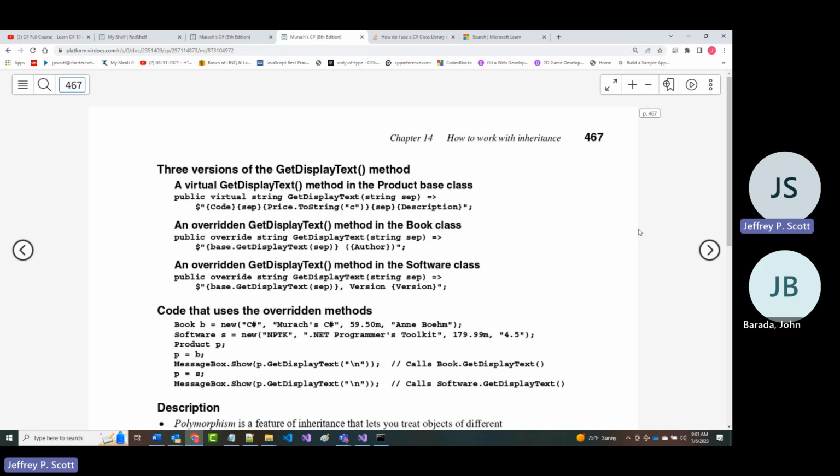But you'll notice for both the book class and the software class, we've got the word override, which basically says, hey, call the one from the parent, base.getDisplayText sep, and that'll give you the code, a separator, the price in currency format, a separator, and the description.